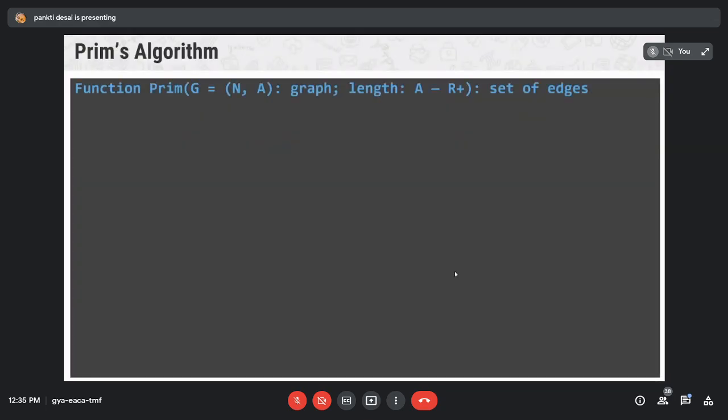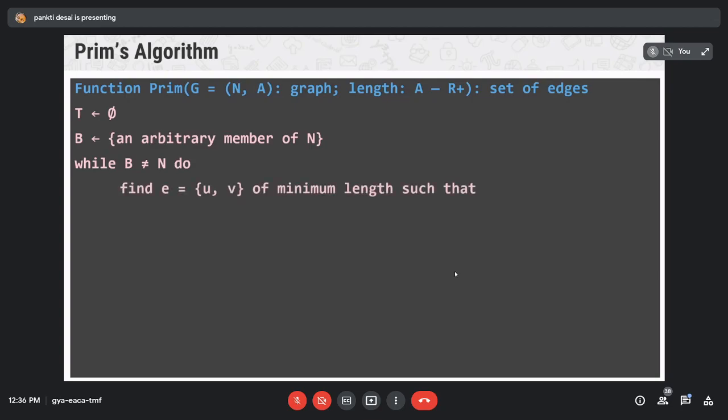Now, this is Prim's algorithm, where G is the graph with n nodes and a vertices. T is initially null, b is an arbitrary node of n. While b not equals to n, it means while b is not equal to the number of nodes,